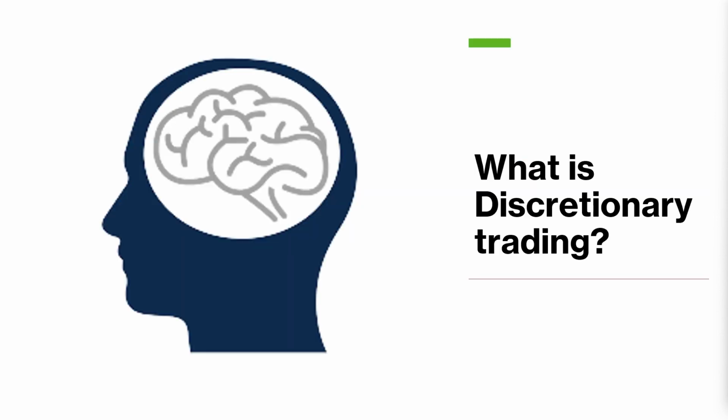Now, what is discretionary trading? Discretionary trading involves more human judgment and decision making, often based on experience and intuition. Discretionary trading allows for more flexibility and the ability to react to unique situations. However, it can be more subject to human error and emotional influences. Discretionary trading is not to be shunned, since some of the most deadly traders are discretionary.